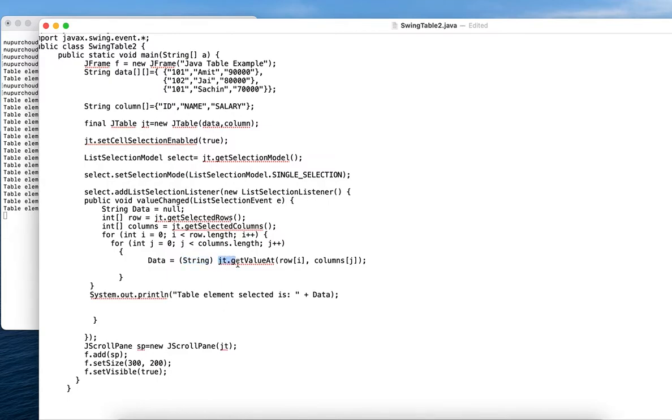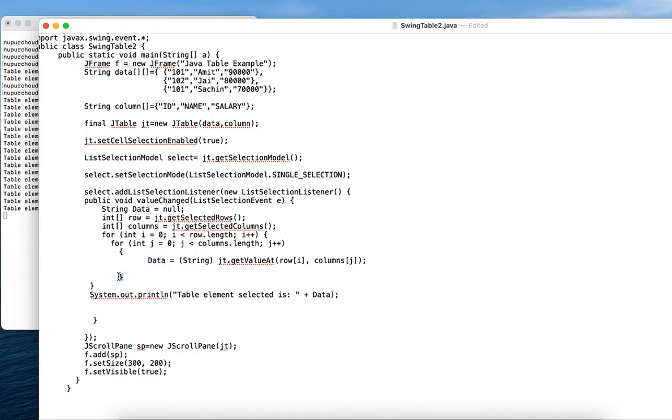So what is the method through which we are getting the values? We will be passing the table instance and getValueAt. This is another method which will be returning us the values which are there in the ith row and jth column. That means whichever selected row and whichever selected column, that means the cell which we have selected, that value would be captured by this getValueAt method, and it will be converted into string and stored in data.